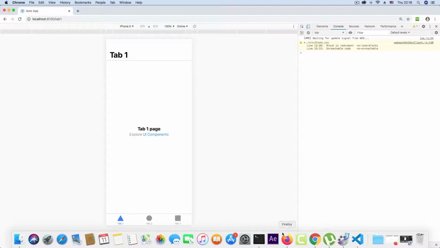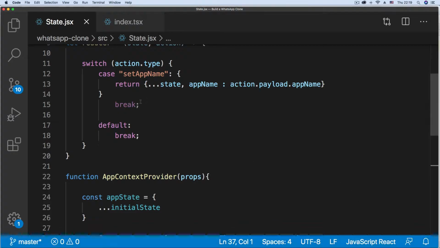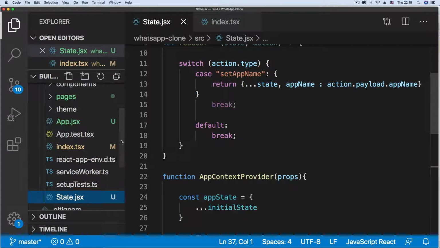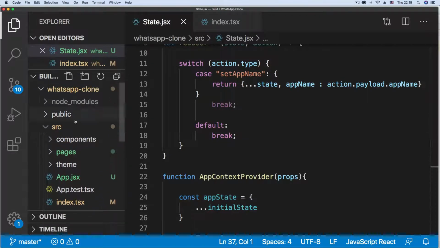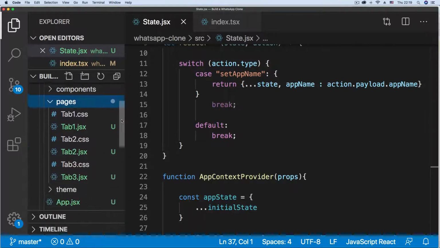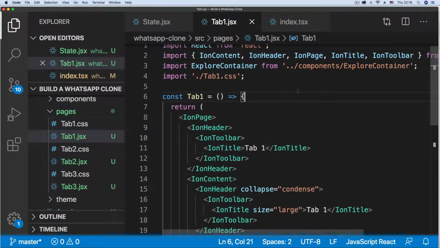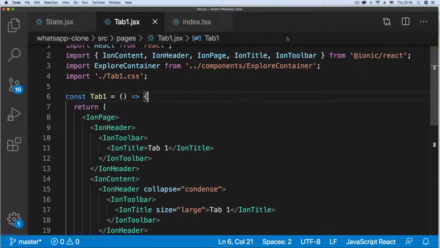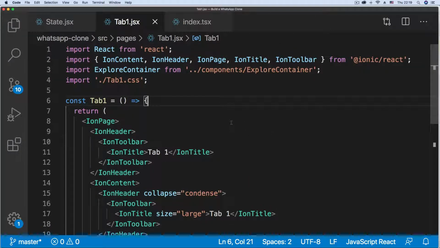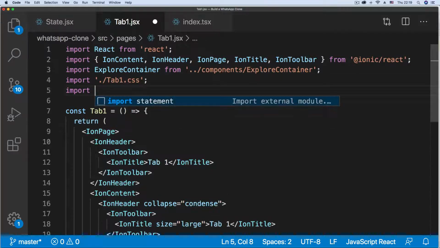Let's test our utility. So I'm just going to go to one of the pages. Click on page, go to tab1.jsx. Let me close it up. Okay, tab1.jsx. So here, what I'm simply going to do is replace this with the name of the application, and I'm going to create a button in here that is going to change the name of the application. So the first thing I need to do is import the